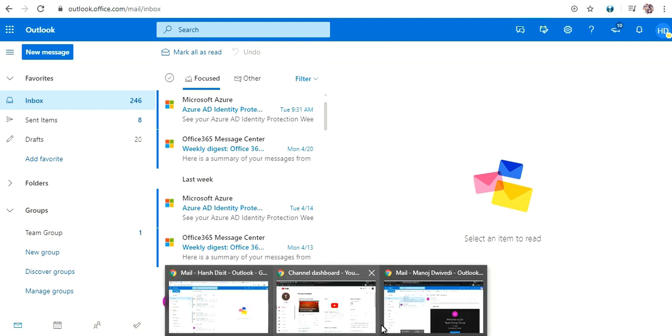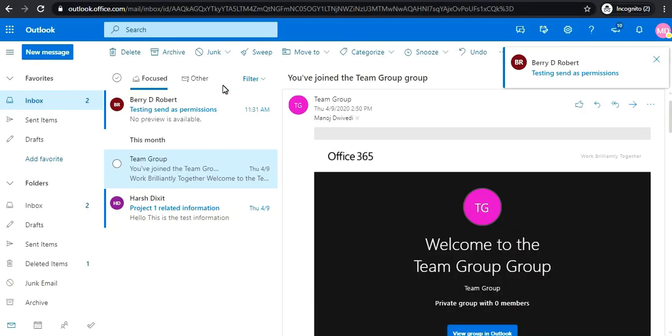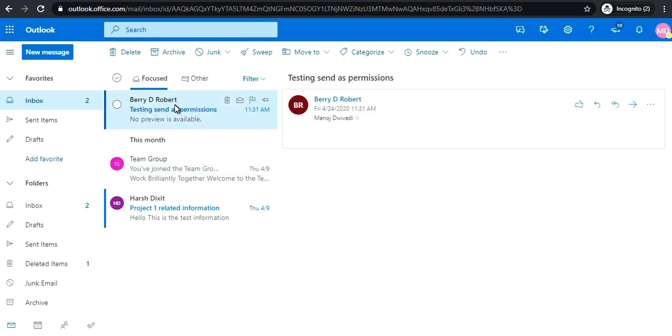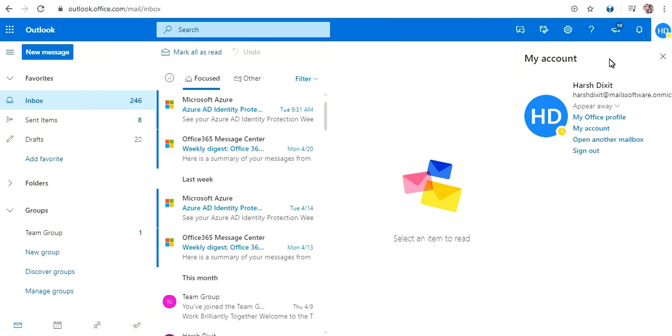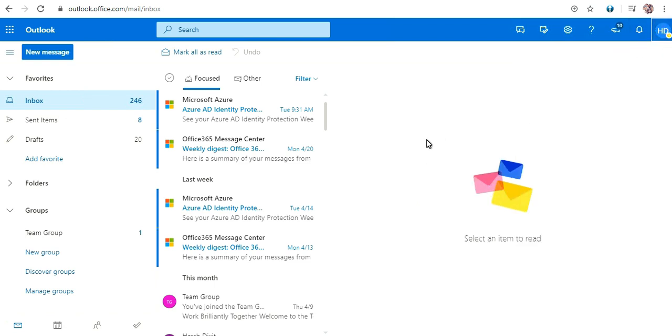Now just go to Manoj Dwivedi's account and see. It will appear that Barry D. Robert has sent this email, but actually Harsh Dikshit has sent this email. So this is the use of send as permission.